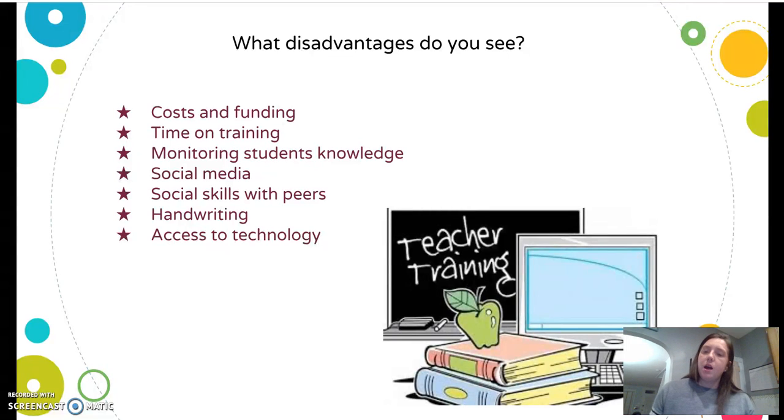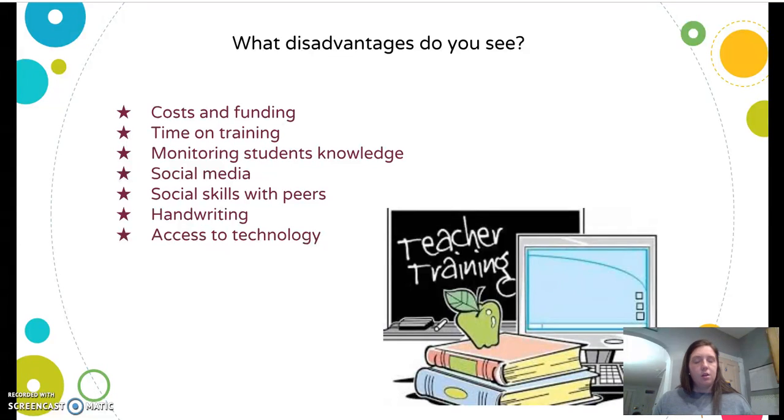Social media is also becoming more of a disadvantage now with students younger. It can promote some bullying in schools and kids feeling uncomfortable with using the technology. With younger peers, I think social skills, their social interactions is key. And sometimes if technology is being overused, it limits their time to interact with peers and keep developing and strengthening their social skills.